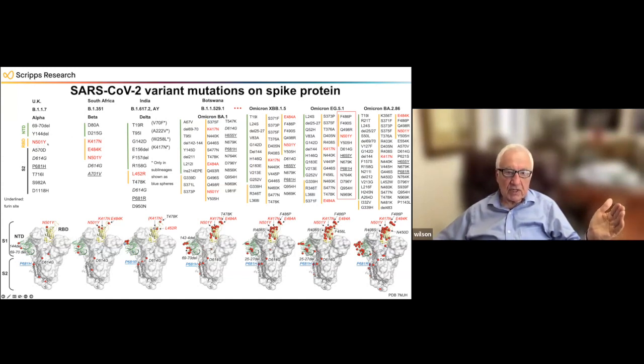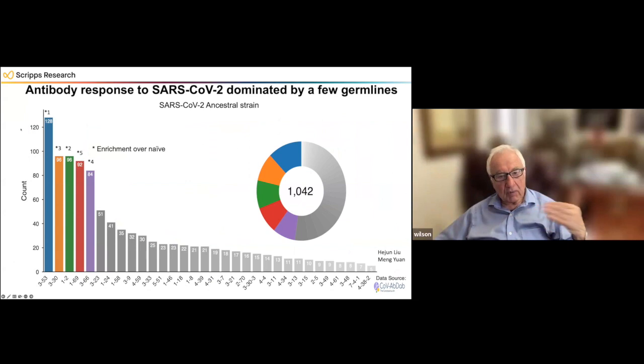These are the ones that we looked at to see what their effect is on these different classes of antibodies. Again, this was a more recent update. You can see, even with more sequences available, that more than half of the response is dominated by these 5 antibodies. It's actually 4, because 366 is pretty much the same. It's only 1 amino acid different from 353. So we now look at 353 and